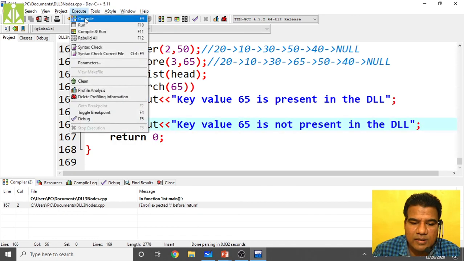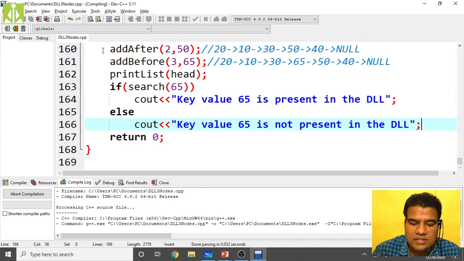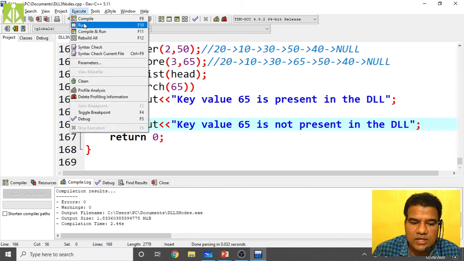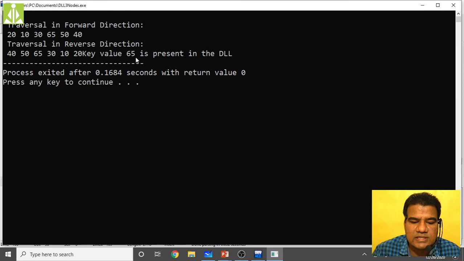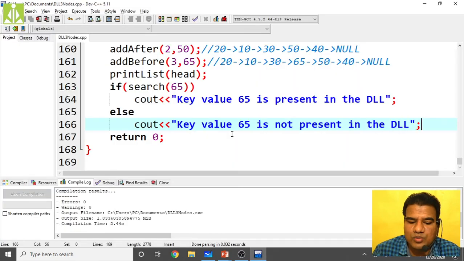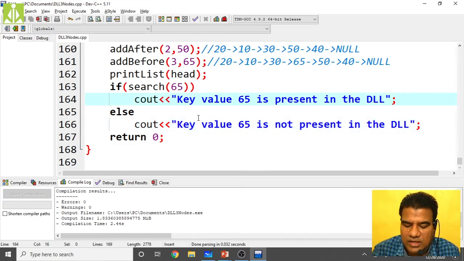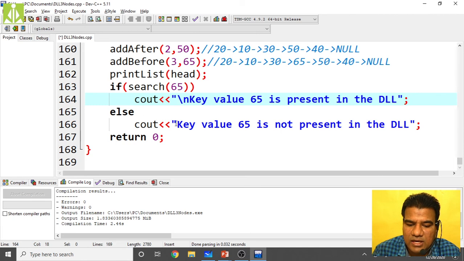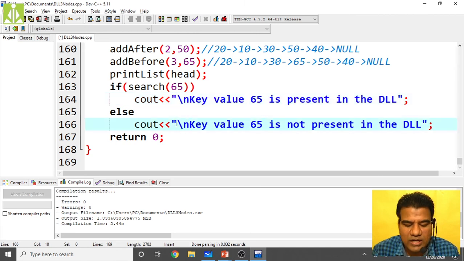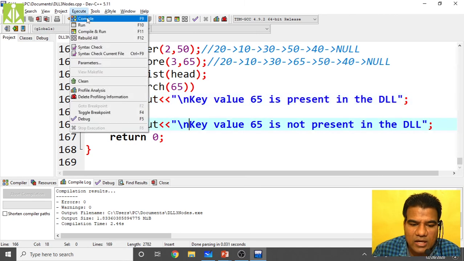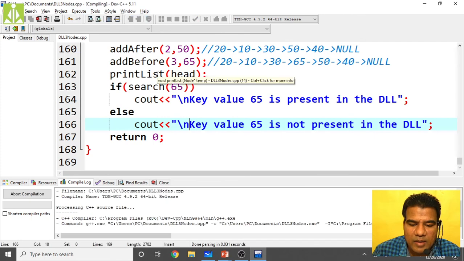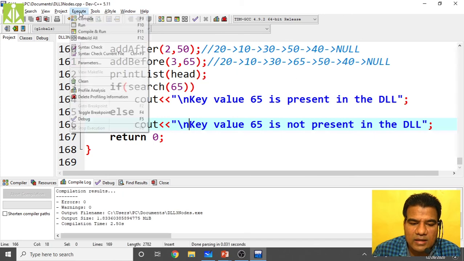Save it, compile, successfully compiled. Now execute and run. I need to put \n over here so as to have clarity about what message we are getting on this screen. Again compile, compilation is successful, and execute.